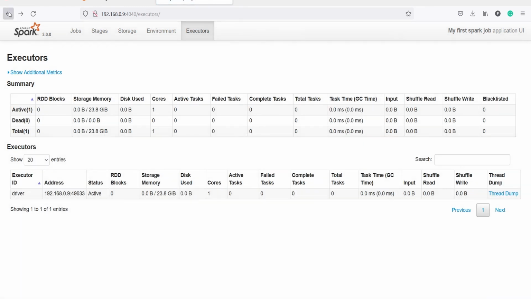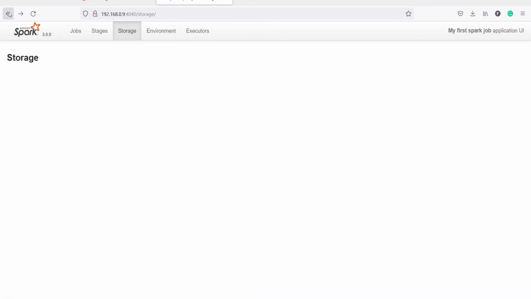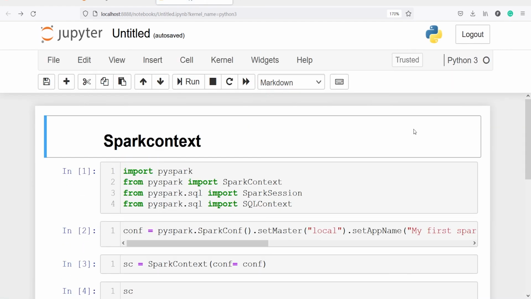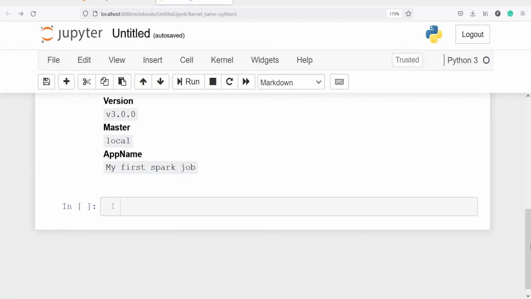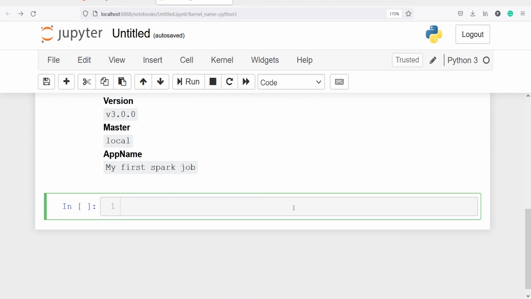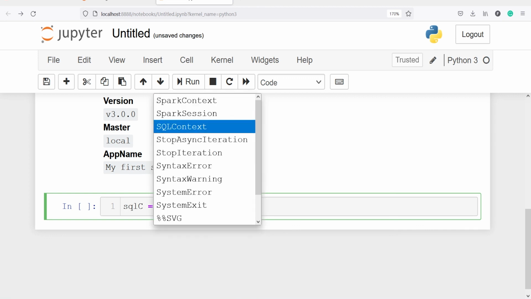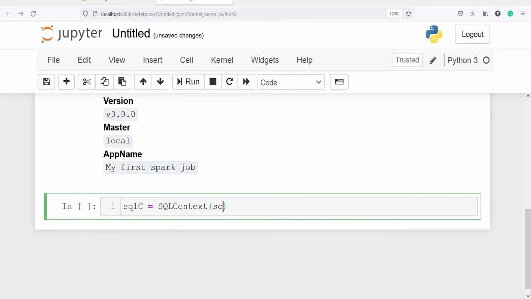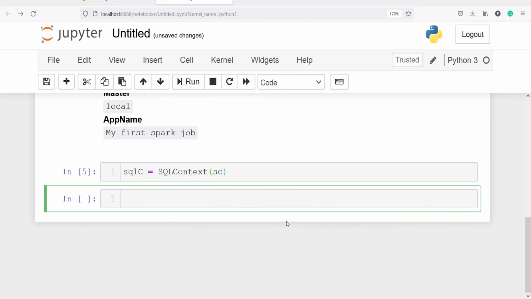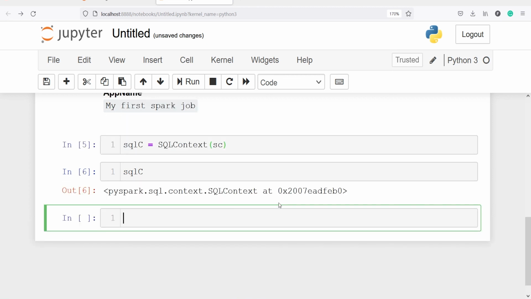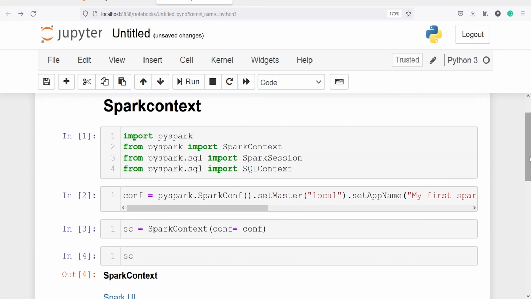And next I'm going to tell you how we can create this SQL context. So once we create the SQL context, we can perform any SQL queries on that. So now we are going to create the SQL context here. So I'll make one variable sqlc, and then I will call SQL context, and inside this I will pass our Spark context. Let's execute our code. So we have created the SQL context here. Now we can perform any SQL queries in Spark. This is how you can create the Spark context and you can start working on your Spark.